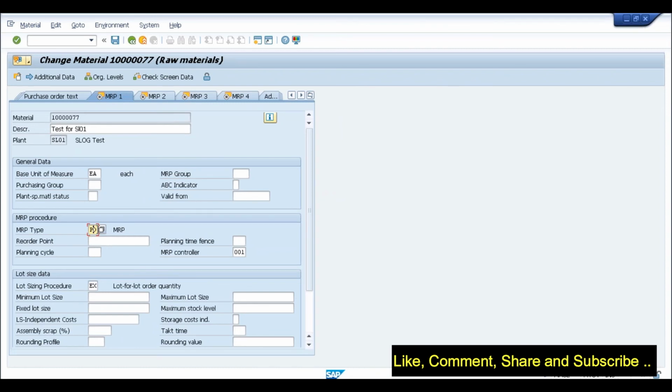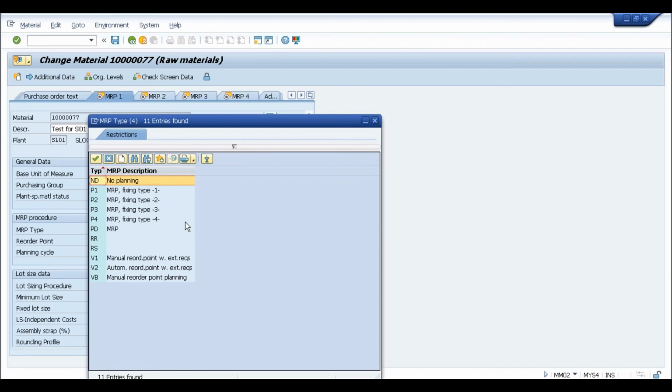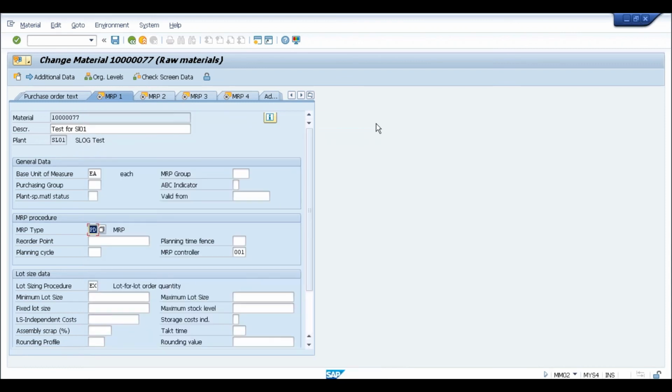So if you go for F4, yeah. Is it something that has been taken out or somebody has played with this? No, I think the standard is this one. If you want MPS, maybe we need to create a new one. I need to check. No, Gaurav, it's standard, it's available. Sorry, Pradeep?